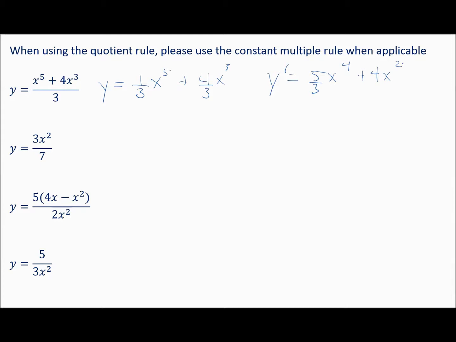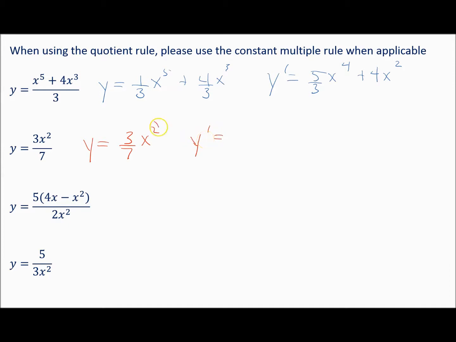Y'all, that's so much easier than doing low d high minus high d low over low squared. This is not a quotient either, okay? If there's not a variable in the denominator, please don't use the quotient rule. It's just too much trouble. Now, it would work, by the way. It's just way too much trouble. So this, just think about it as y is equal to 3/7 x squared. So when I take the derivative, y prime,